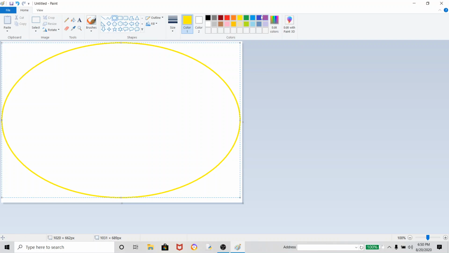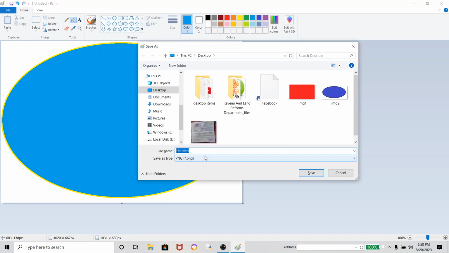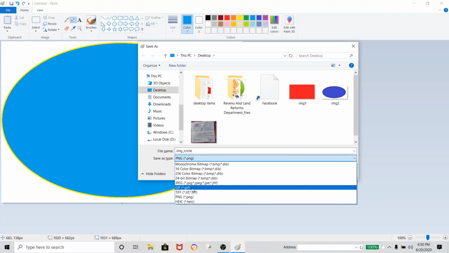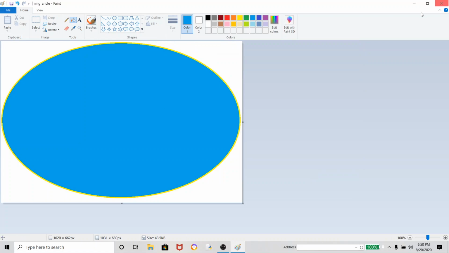In that I will fill the color blue, green, whatever, and I will save that image as circle, and for the extension I have to take jpg. Clear? Now come, we will design the page and we will see about internal linking.